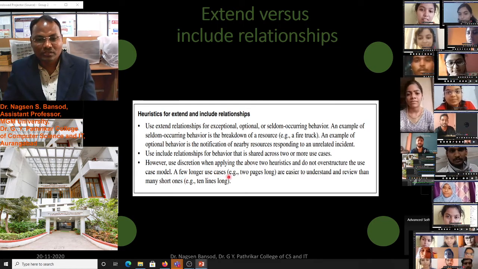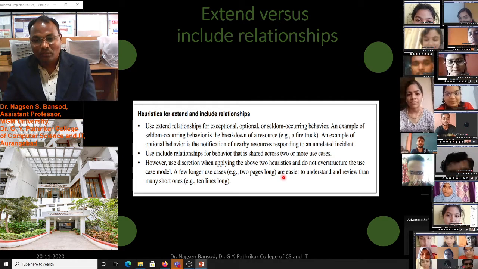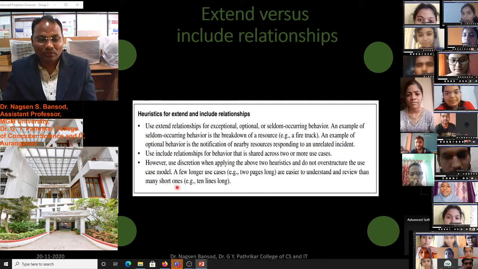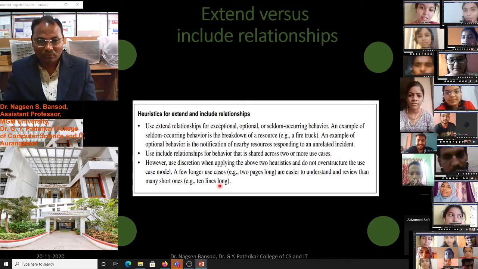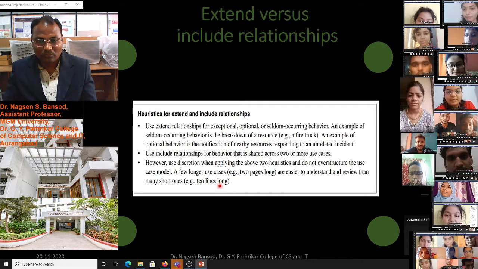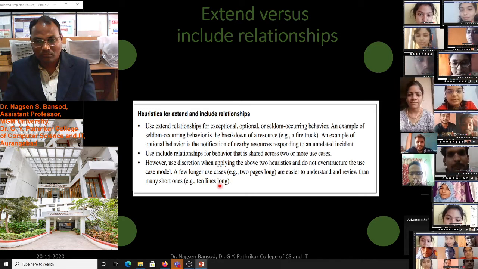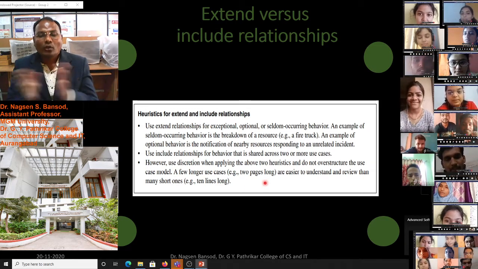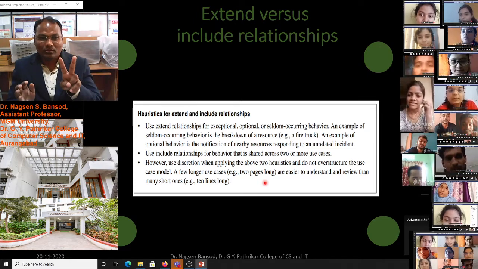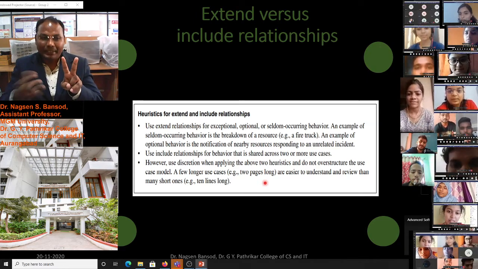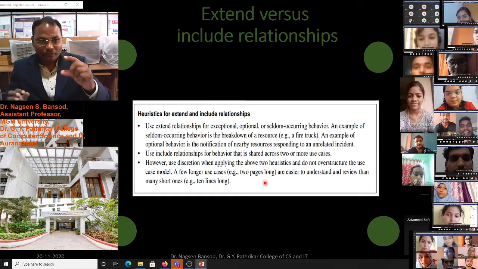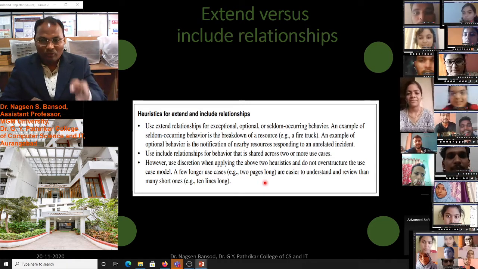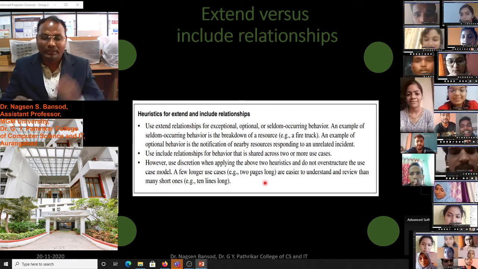A few longer use cases, for example 2 pages long, are easier to understand and review than many short ones, for example 10 lines long. If a use case is longer, 2 pages long, then it will be easier to understand than the shorter one. If a use case is written very short, within 5 to 10 lines, then it will be difficult to understand.